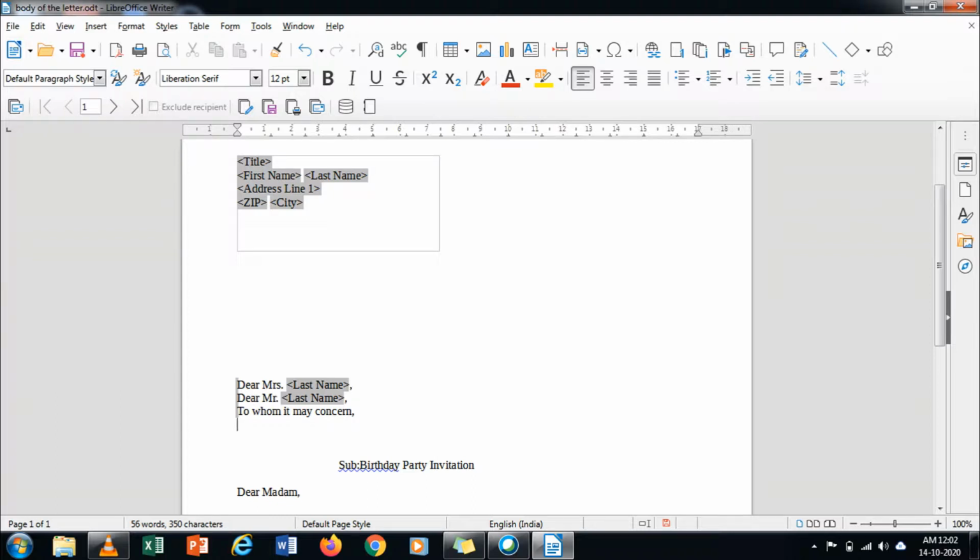After clicking the Finish button, to match the letter with the recipient's address, in the next step Writer will display the document with the Mail Merge toolbar below the standard toolbar, as shown in the video.